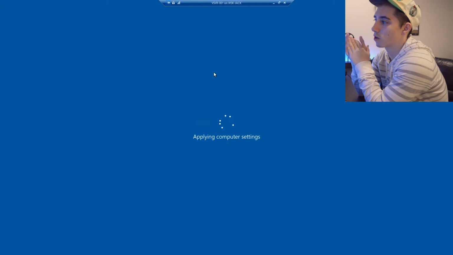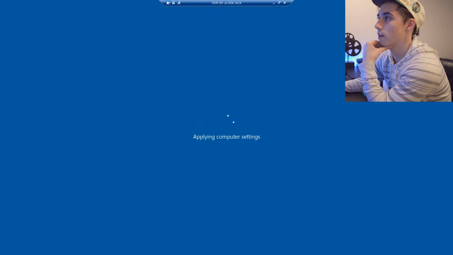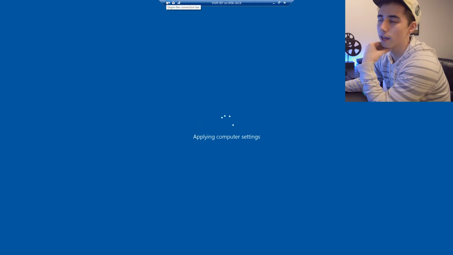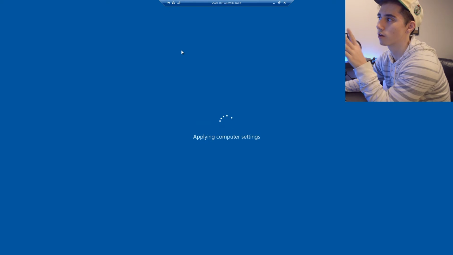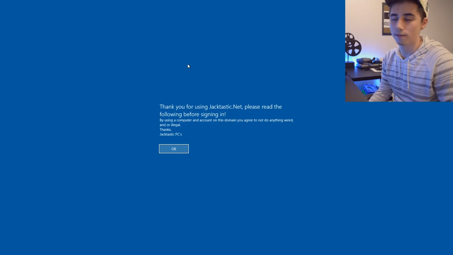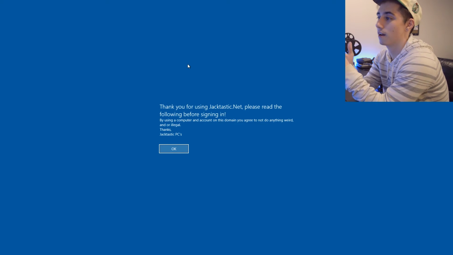Alright, so I'm just going to go full screen. The computer's just in the process of booting up. If you're ever connecting and you can't stand seeing this connection bar like I can't, you just click this and it'll unpin the connection bar and it'll just fade away after a couple seconds. Pro tip. Okay, so I renamed the network to Jacktastic Net and I put a new